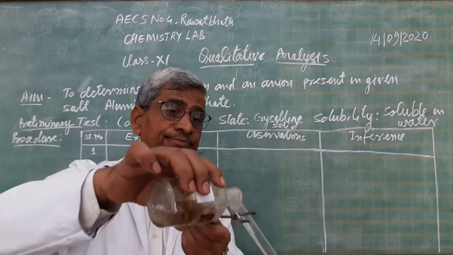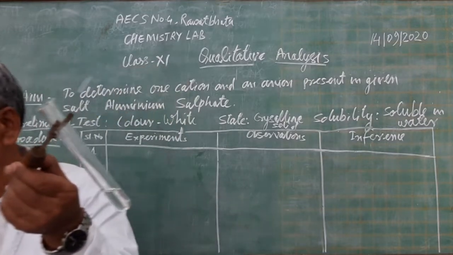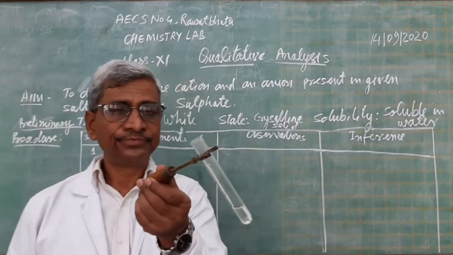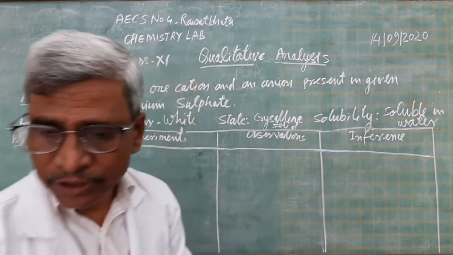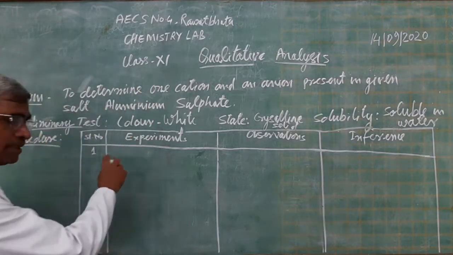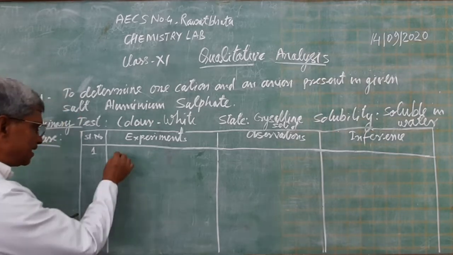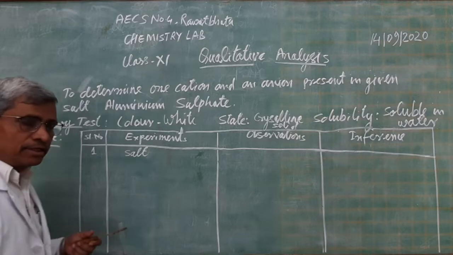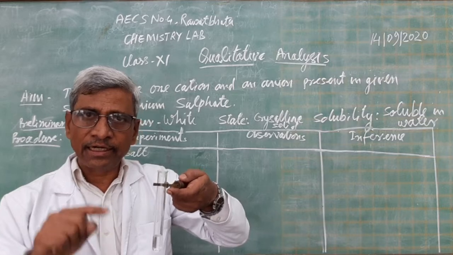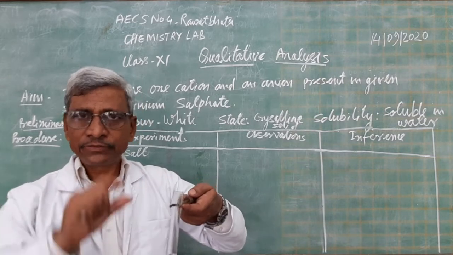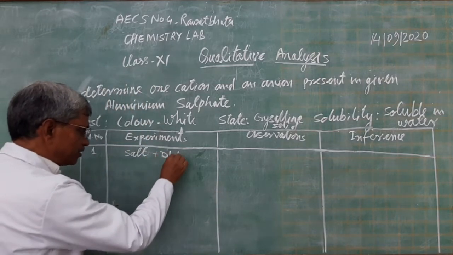See that. It simply mixes and dissolves, but it does not combine. It means no reaction. Now, what should be written here? This can be written as the dilute sulfuric acid test. And here is the salt; I am writing it in the salt column. It's a complete statement: take a small amount of salt in the test tube and add dilute sulfuric acid. This wording should be there. Salt plus dilute H2SO4.